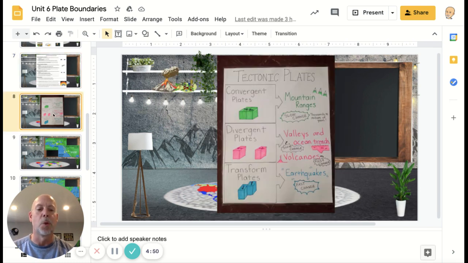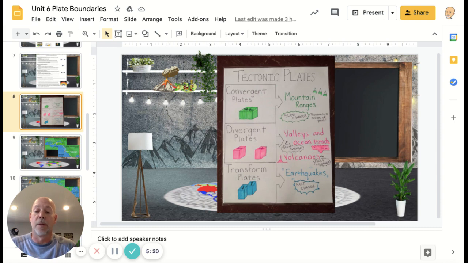The next thing we're going to do is put some notes in our ISN. This is on tectonic plates. So we have convergent, divergent, and transform plates, okay? Convergent plates make mountain ranges. They come together and they create those mountains, okay? Divergent plates separate and they create valleys on the land masses, and in the ocean they create trenches,